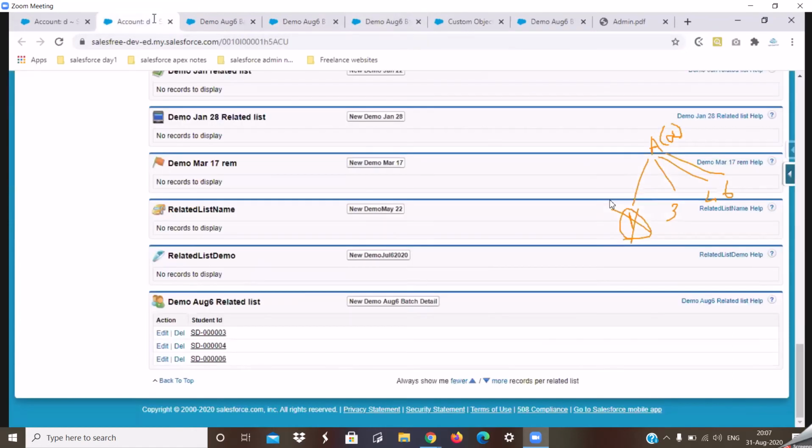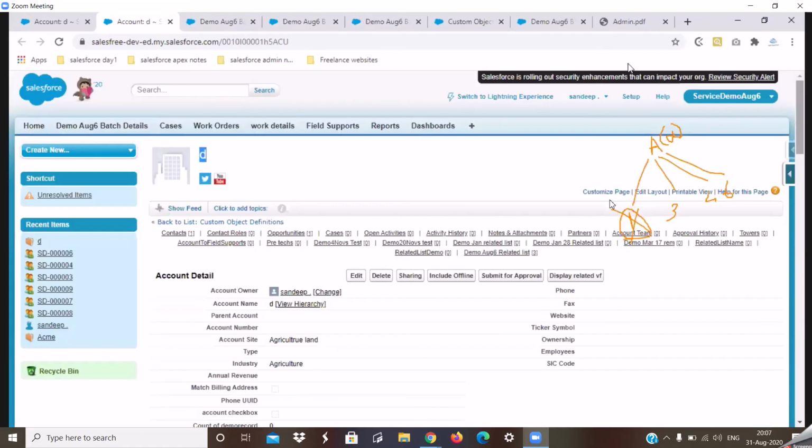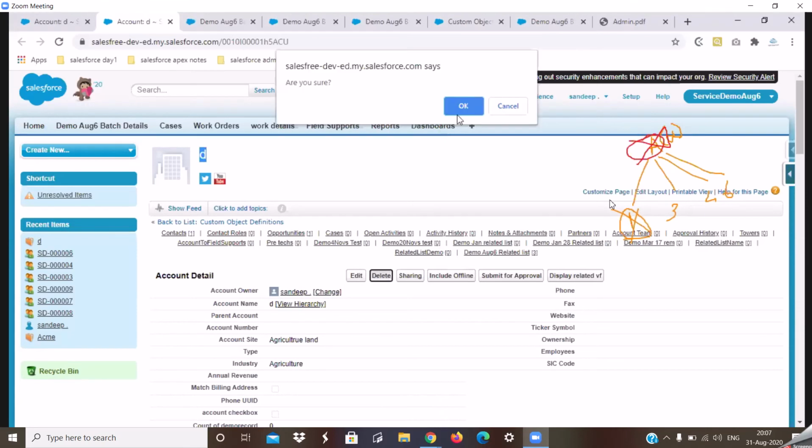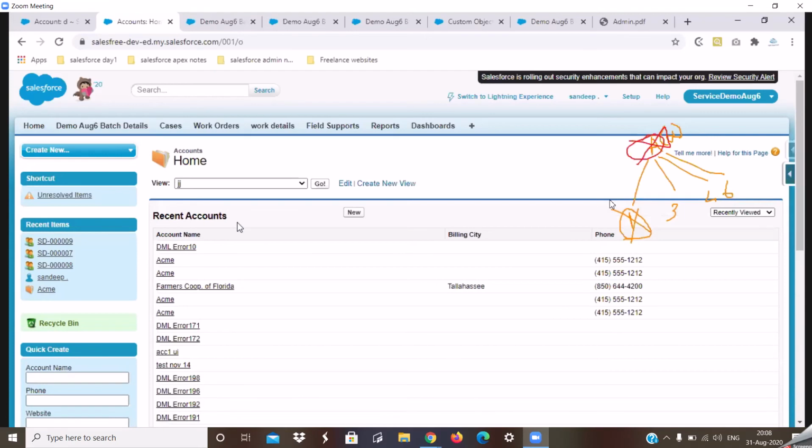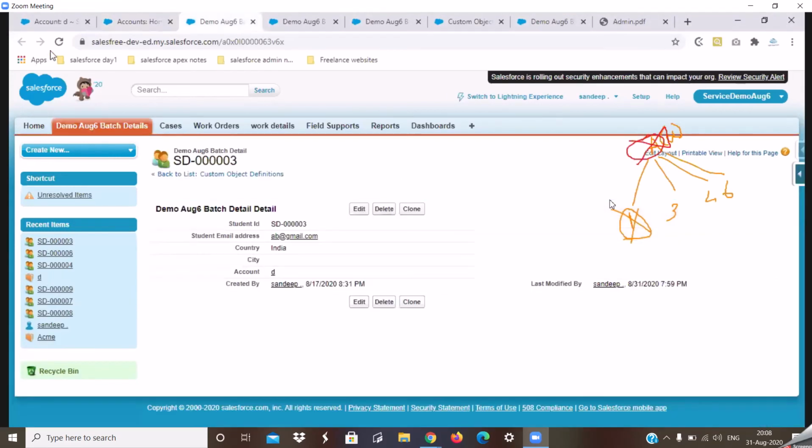Now I'll go ahead and delete the entire parent itself. We'll see what would happen to the children if I delete this parent. I'll delete this parent. I'll say okay, I want to delete this record. The D record got deleted, because that entire record vanished. Now I'll refresh the screen to see if there is any effect on my children.